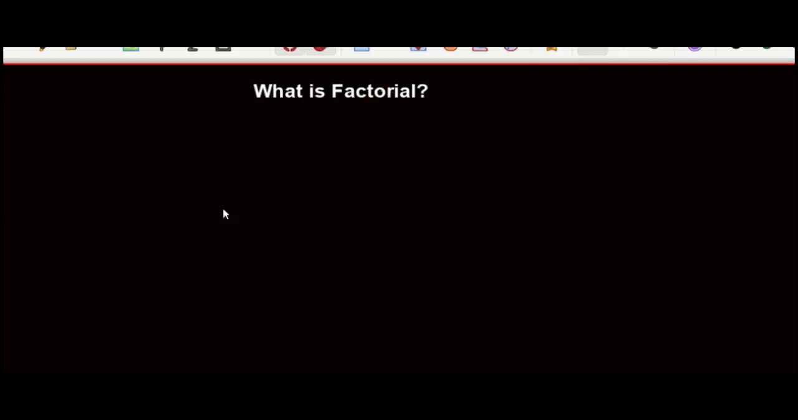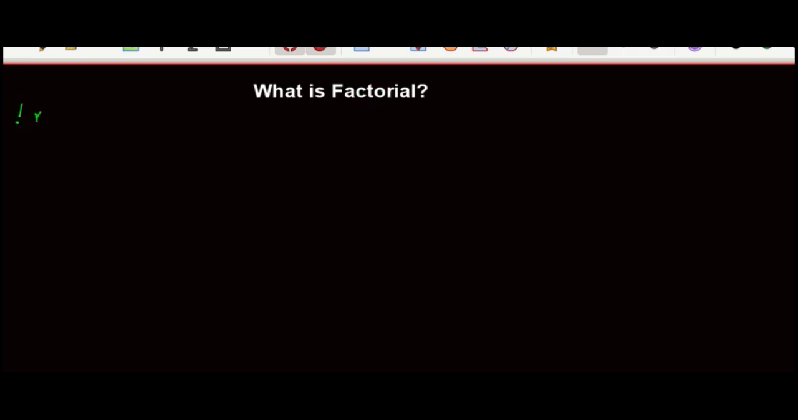Today we are going to be looking at factorial. We'll be defining what factorial is. I will be solving some very few examples to understand the concept of factorial more clearly. So what is factorial? I'm sure you must have seen something like this somewhere,